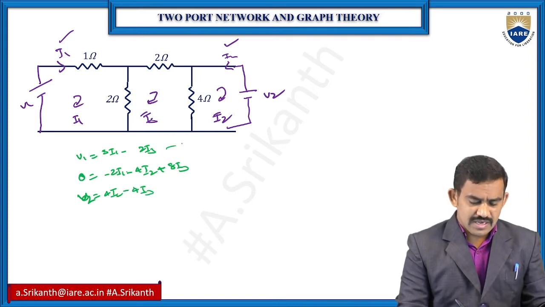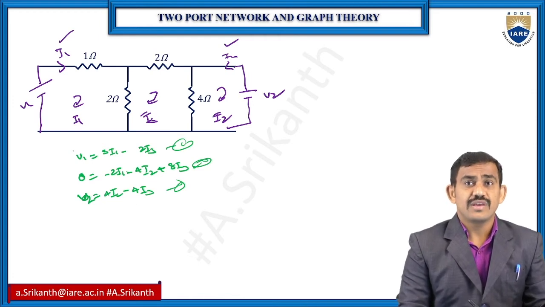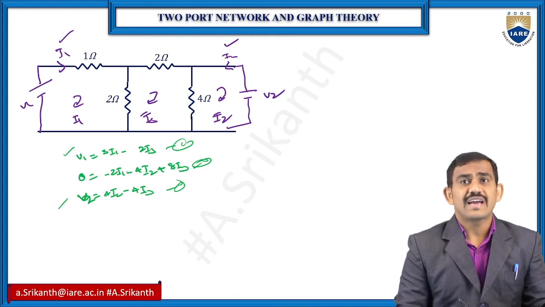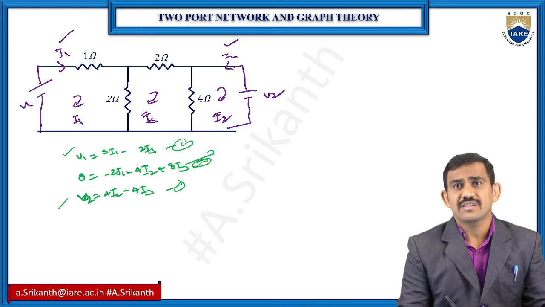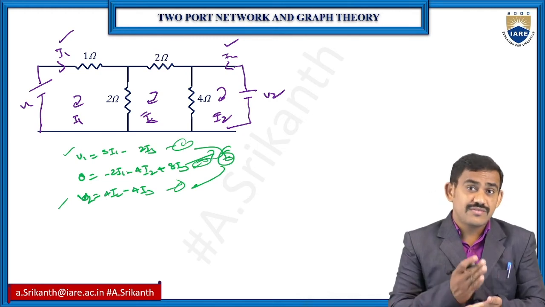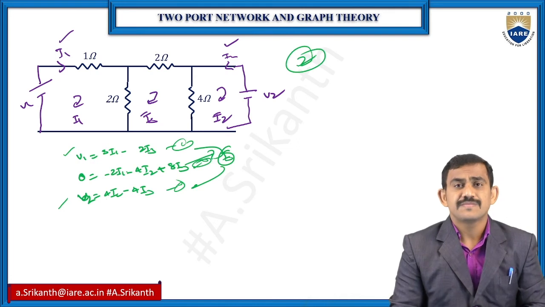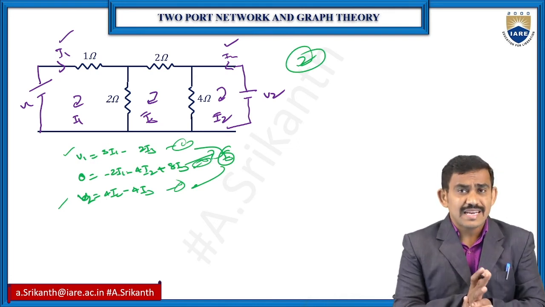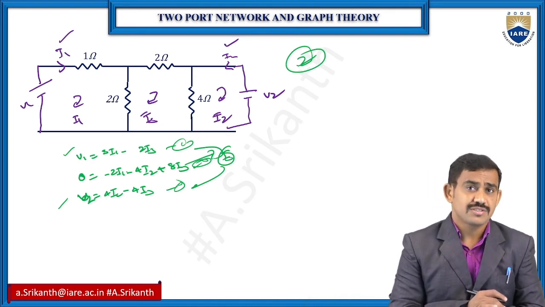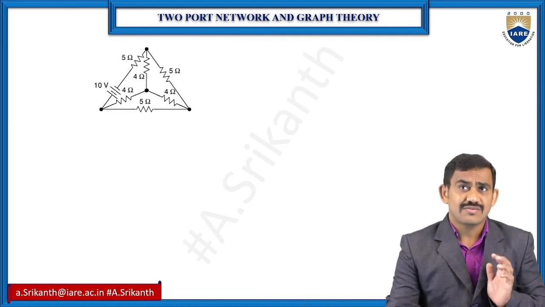So from these 3 equations, we have 3 unknown values. Find out the V1 and V2 in terms of I1 and I2. So from this equation get the I3 value, substitute here and substitute here. We will get V1 and V2 in terms of I1, I2. So V1 and V2 in terms of I1 and I2 is nothing but your Z parameters. From the Z parameters, we will get the remaining parameters also using logics. Okay, so this is about two-port networks.